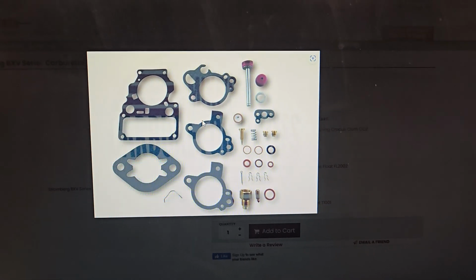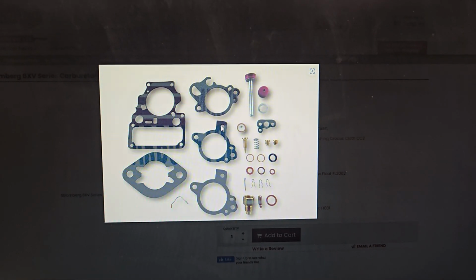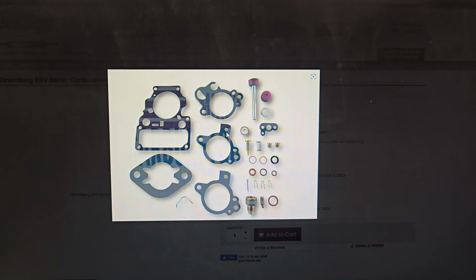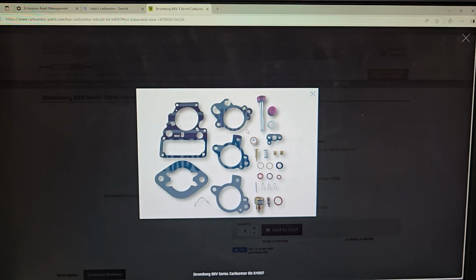So I'm probably gonna go ahead and order this up. I was gonna contact them to see if they offer the throttle shaft bushings, but I'm gonna get the carburetor taken apart first and check it out. So yeah,